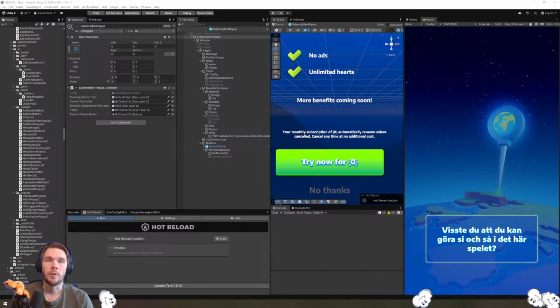State, what did we do? Subscription pop-up to include price in the text. Let's push that, and now we're gonna get into some other